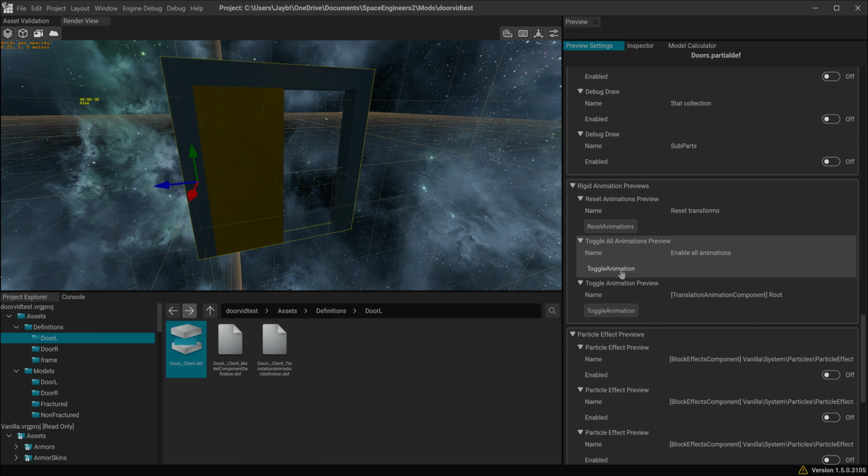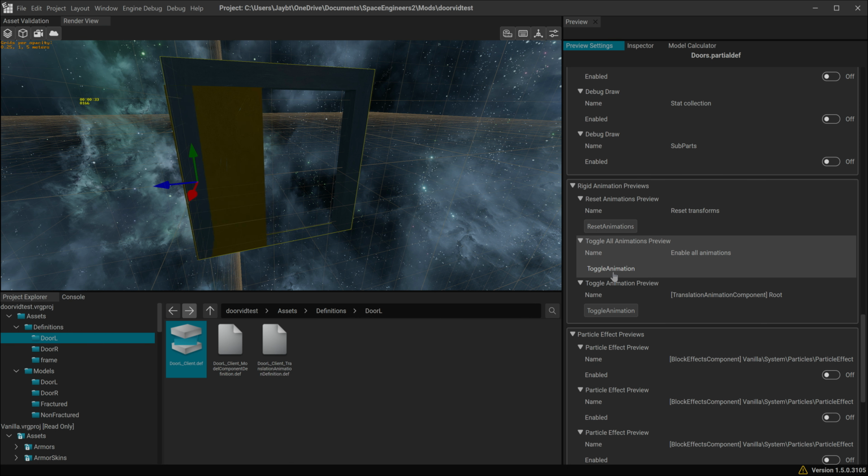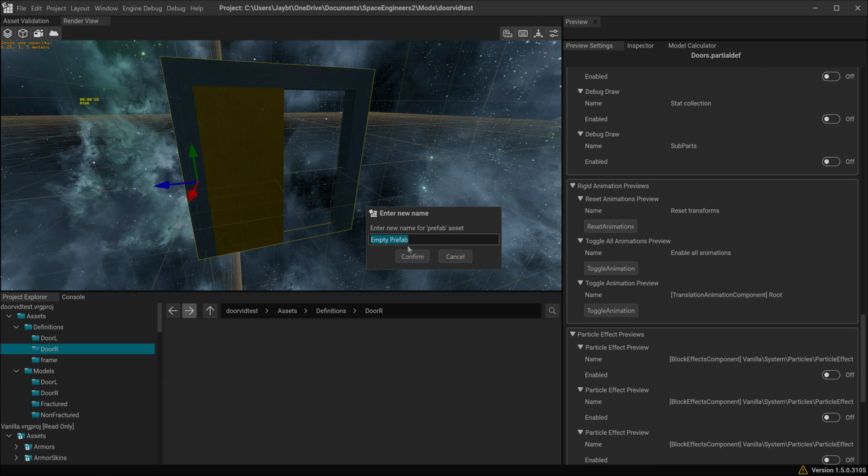And you can see why, when you make your own doors, you'll make a frame that can basically support the door there. So we still need to add the other one, and we do it in pretty much the same way, no matter how many you want to add. I don't know what the limit is, but I have made it with 8 subparts. You can look on the Steam Workshop. It just goes up and all the subparts kind of stack into each other into a really thin bezel, which is kind of cool. So all we need to do is create our client-only prefab again, call it